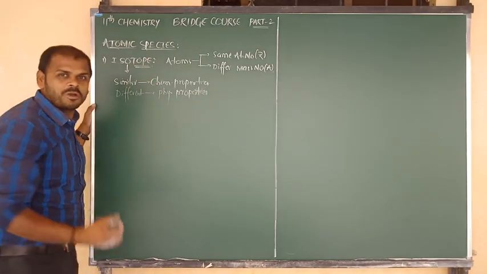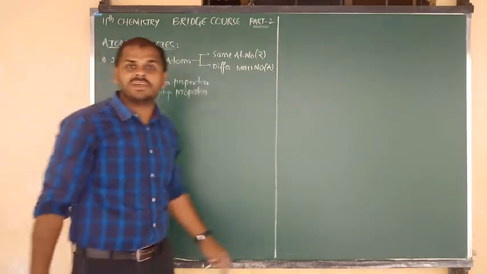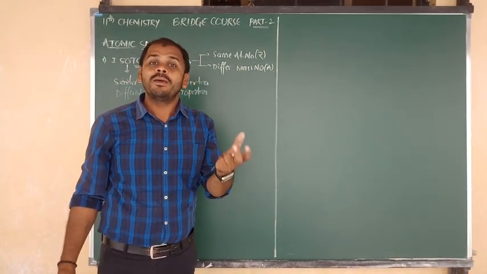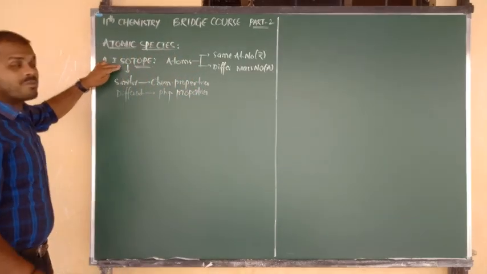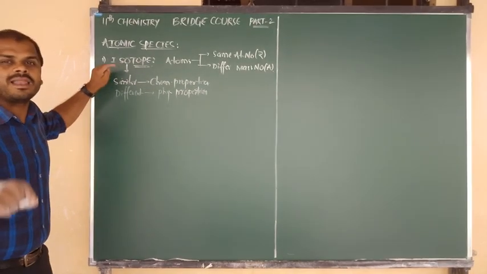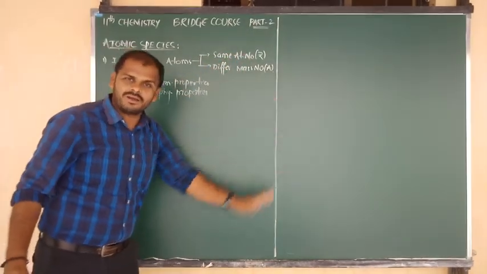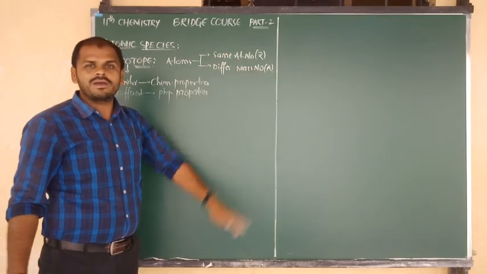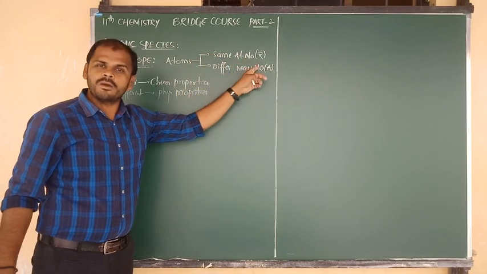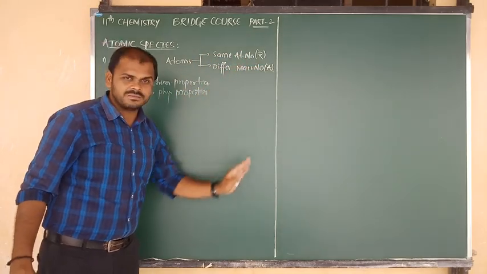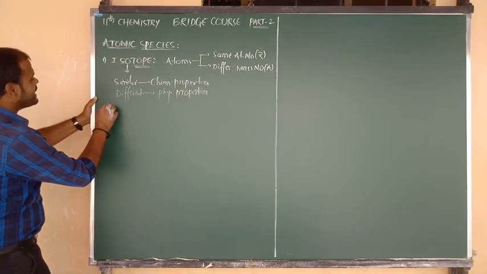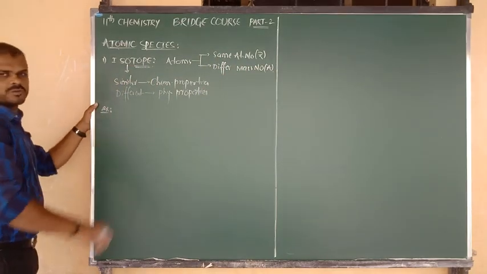Now the exact definition of isotope. What is meant by tope? In our language, tope means Parmanu number, that is, atomic number, and iso means equal, the same. So the same atomic number is called isotope. They are the same in atomic number and different in mass number. So species or atoms with the same atomic number and different mass numbers are known as isotopes.